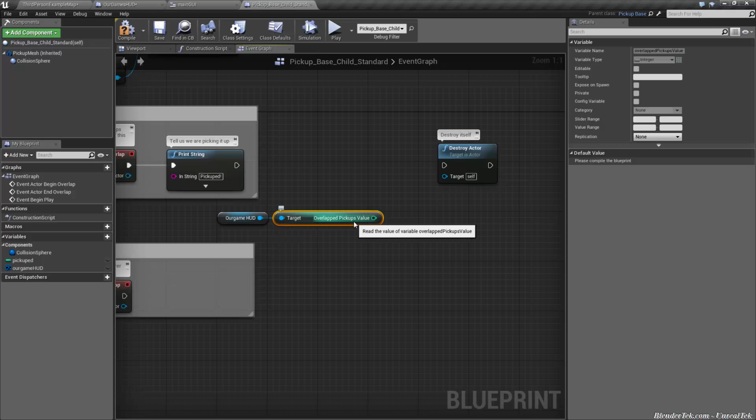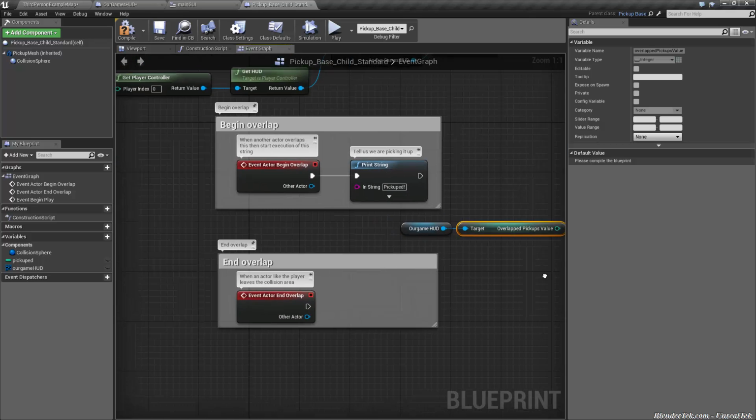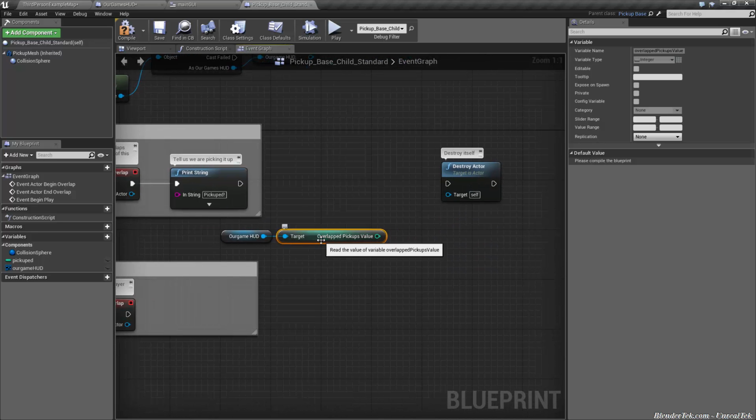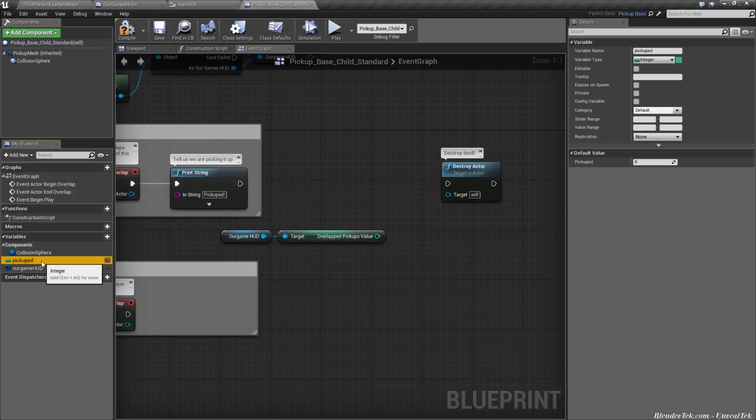What do we want to set it to? Well, when we overlap, we want it to set it to +1. We want to increment it in programming terms. We want to set it to its value +1. We want to add 1. So to do that, what I've done is I've created another variable in this blueprint called pickupped, and it's an integer as well. I'm going to drag that in, I'm going to set it, and so when we overlap,